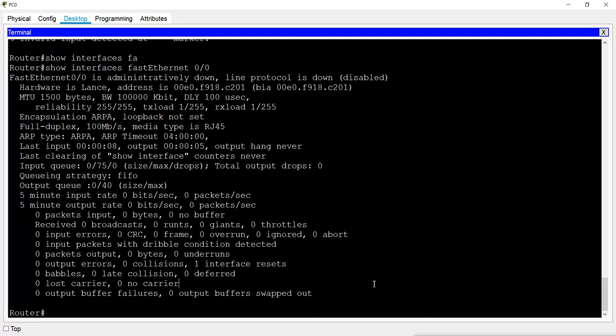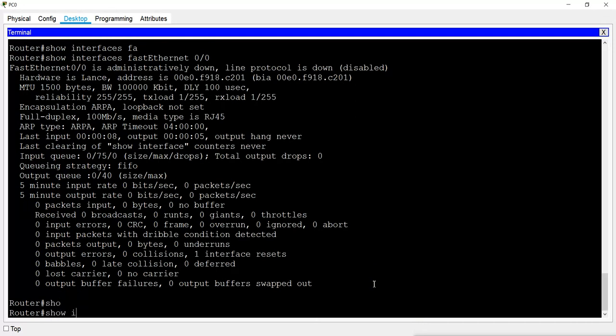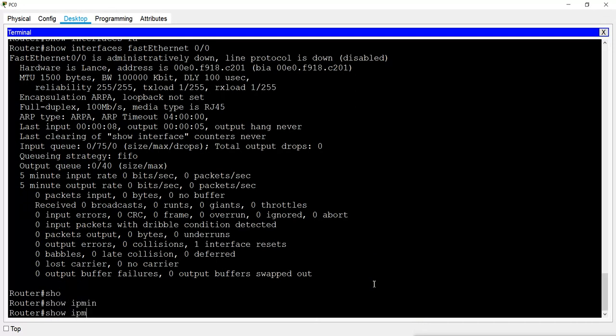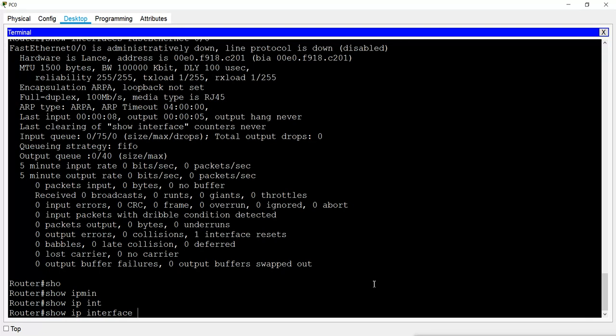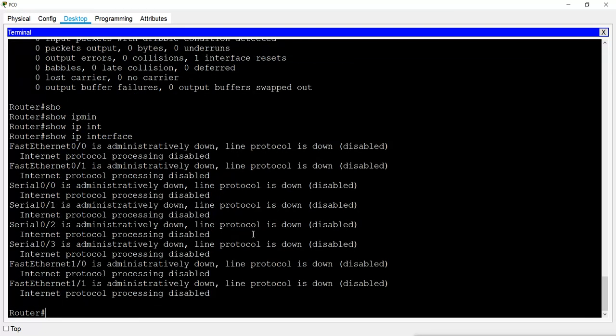So if I run the show ip interface command, then it will show me the detailed information. Like it shows here that this is your interface and it is down, and internet protocol processing is also disabled. Now it is disabled because we have not configured anything.